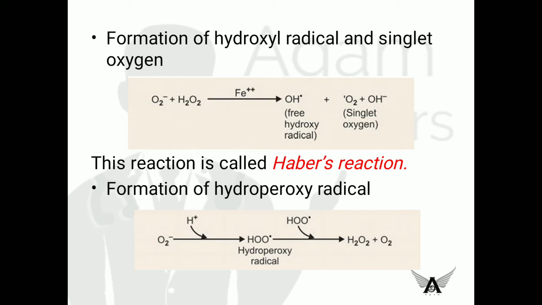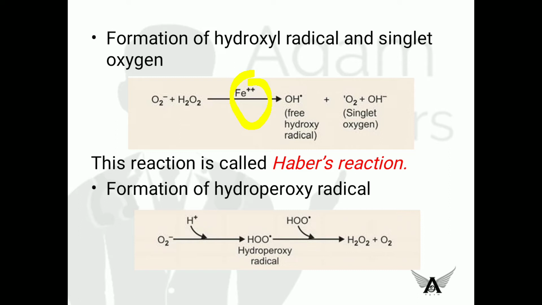Okay, see in this you have an important point, ferrous ion. Whenever this ferrous ion is removed, this reaction doesn't take place. And so ceruloplasmin, also called ferroxidase, converts this ferrous ion into ferric ion, Fe3+. So there is no Fe2+, and the reaction is stopped. In the presence of ceruloplasmin, this reaction is not taking place and there is no production of free radicals.